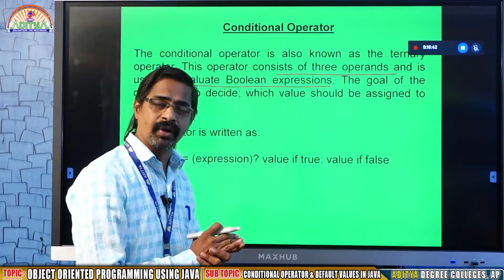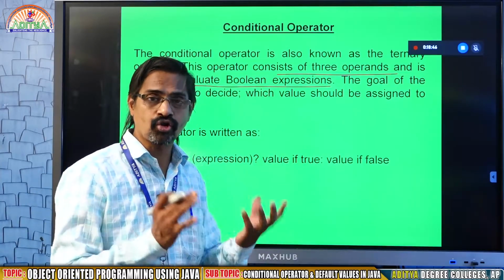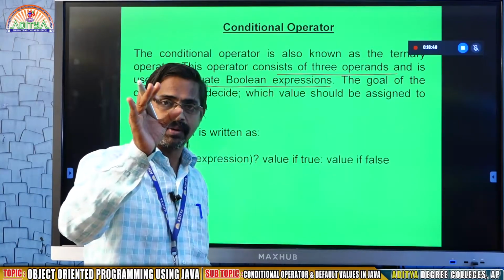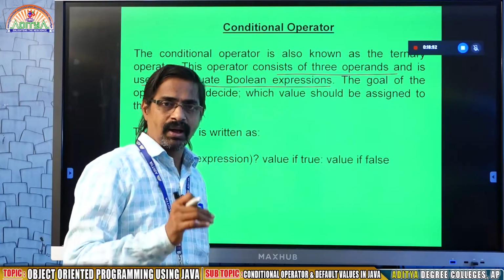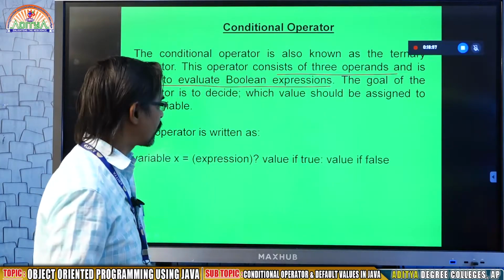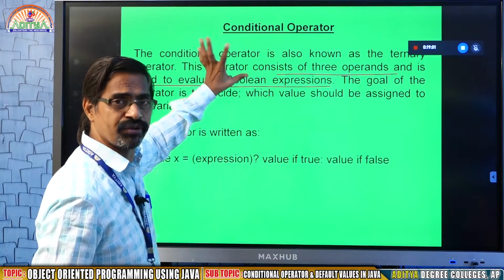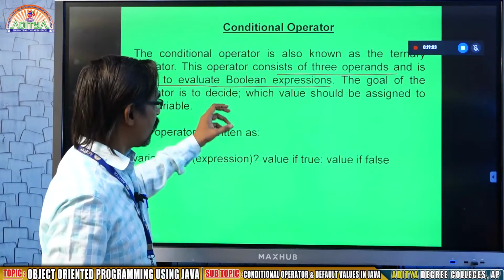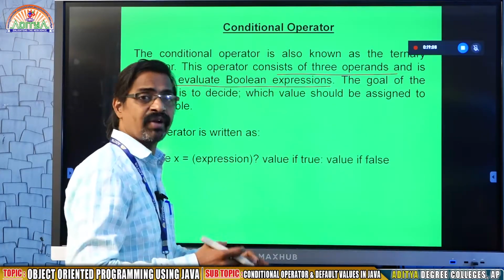The scope is very limited because you may observe that if has a very broad scope. Within the braces of the if condition you may write any number of lines, that is the true part. Else, within the braces you write any number of statements, that is the false part. Here it is a simple short if, so the scope of this operator is very narrow. Within that narrow scope is where we are going to use it.